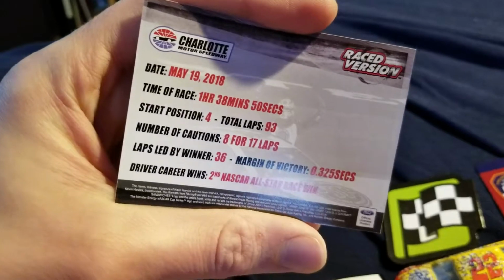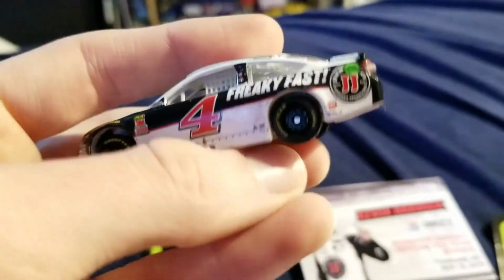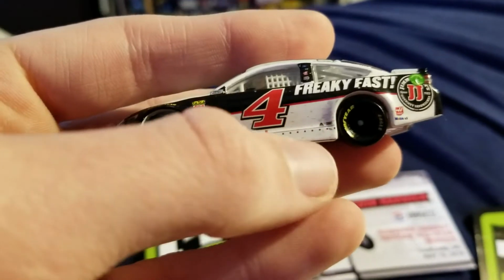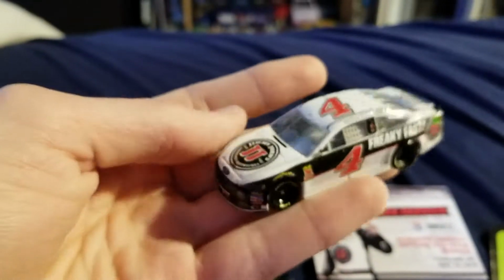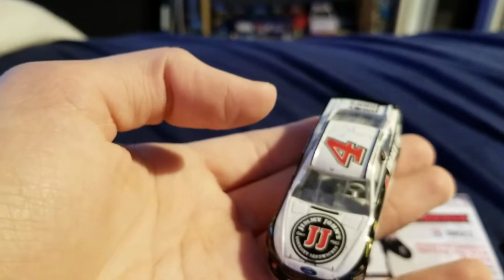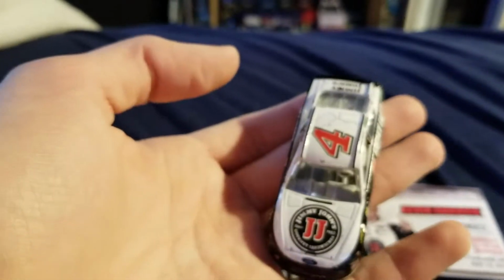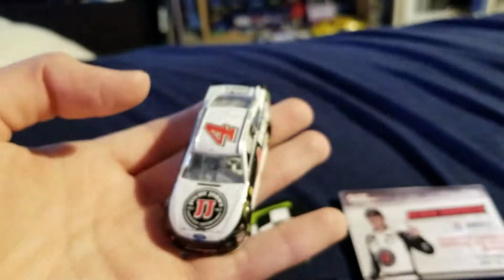There's your details. Second All-Star win. And now there's not a lot of damage on here, but there's very minor damage that you can tell. Right here, you can see a little bit of gray. They do a really good job with this damage, by the way, as well. Especially if it's just minor damage, they do really good work. I feel like the minor damage actually looks better than if a car is completely destroyed. Because if a car is completely destroyed, they literally just overlay black on the car, and it doesn't look